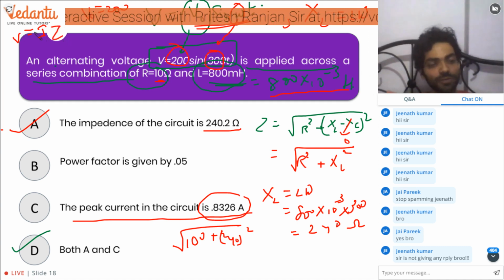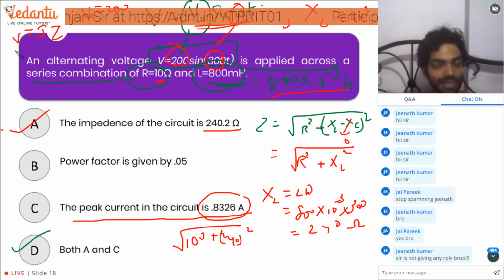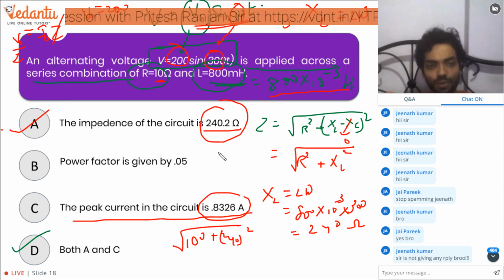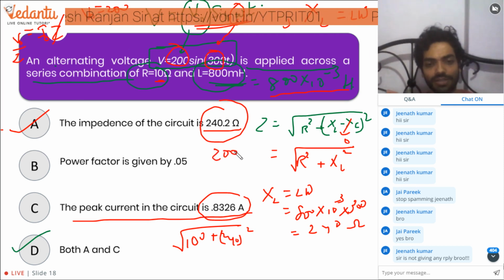So V equals IZ. Instantaneous current will be V by Z, so peak current will be V naught by Z. Z, you already have it, 240.2. So when you divide 200, which is the value of V naught, by 240.2, you can get